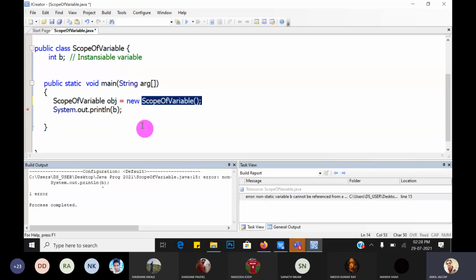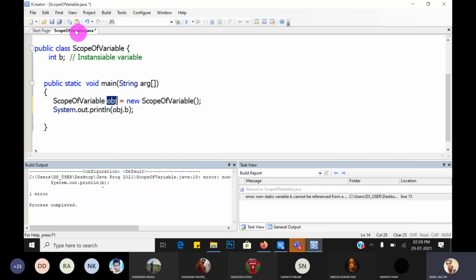So first create the object of that particular class and then access the variable by using its name. How to access this? obj.b. Using the dot operator, we have to access the instance variable or non-static variable of the class, using the object of that particular class.